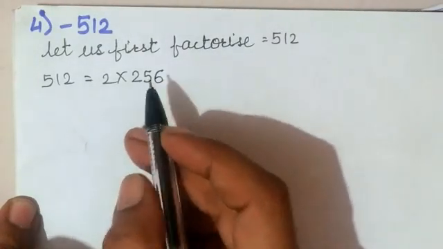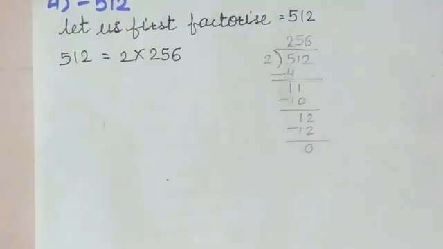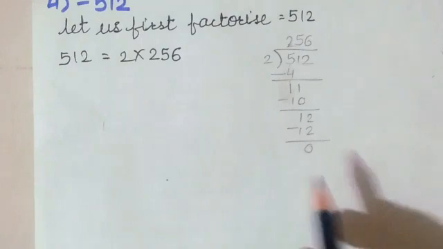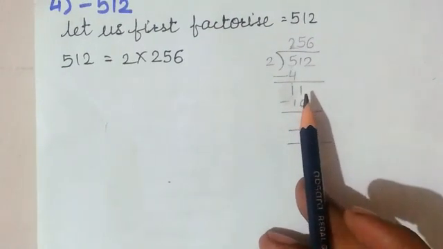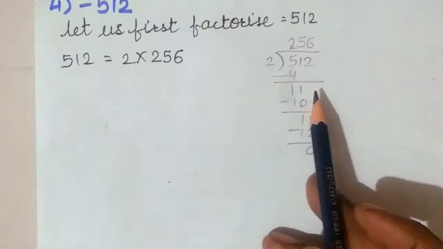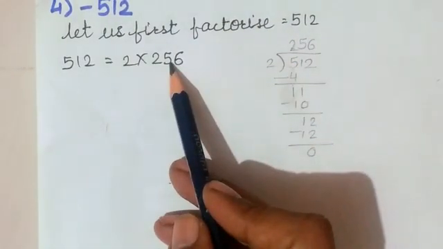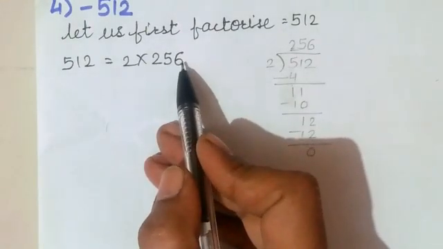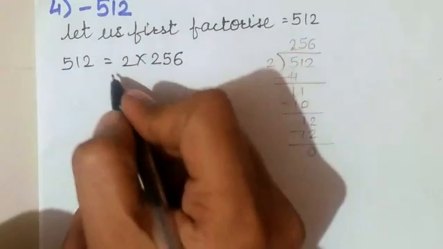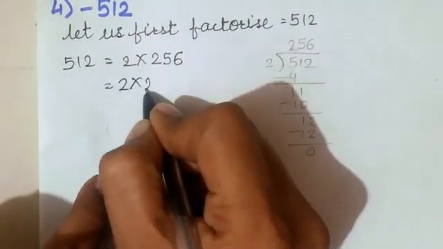Students, if you want, you can make the division aside. Like this way, you can do the rough work aside, which helps you to avoid mistakes. So like that way, we get the answer 256, which we have to write here. Again, at the unit place 6 is there. It means again we can use the 2. So we have to repeat this 2 as it is.